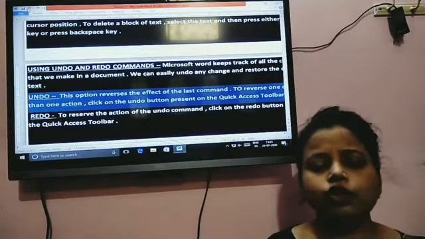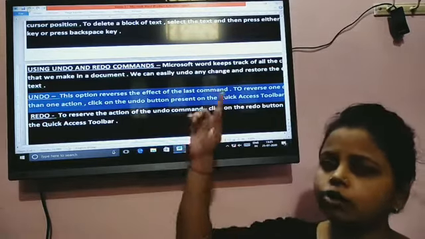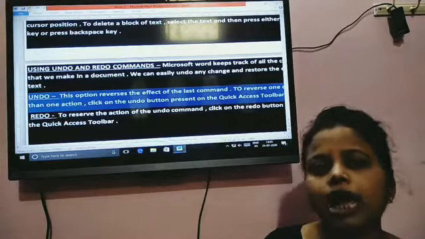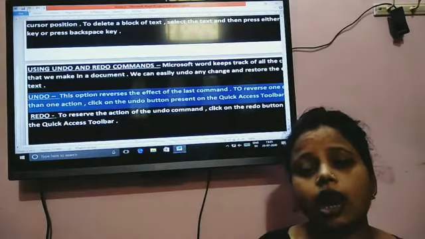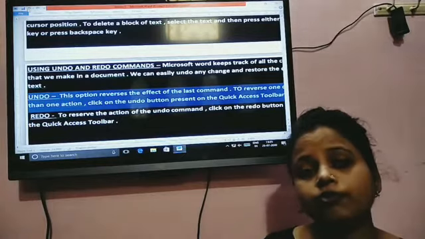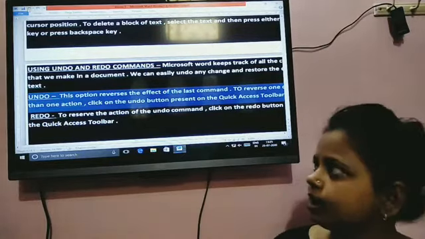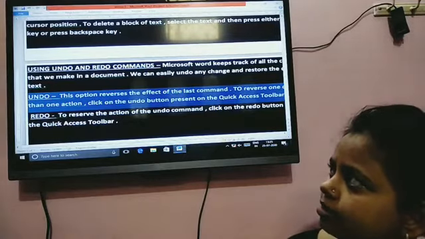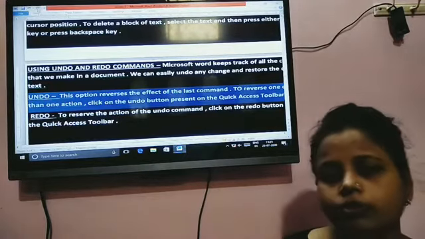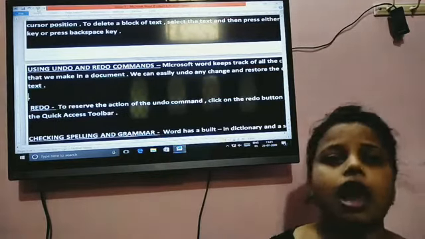And what is redo? Redo reverses the undo action. Undo reverses what I have deleted. So what is the work of redo? It reverses the undo. See, this is redo. If I click here, it will delete it again.